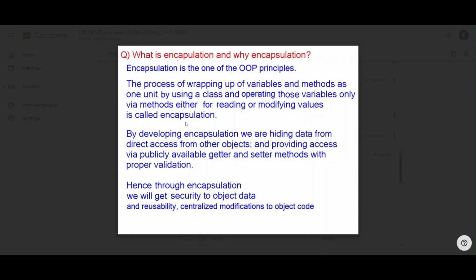By developing encapsulation, we are hiding data from direct access from other objects and providing access via publicly available getter and setter methods with proper validation. Hence, through encapsulation, we get security to object data, reusability and centralized modification to object code.